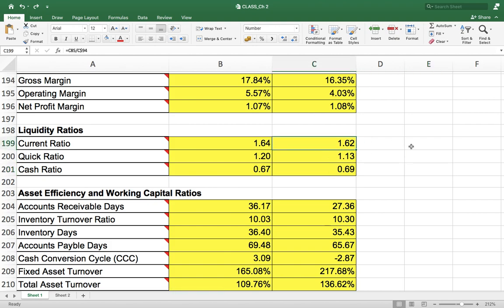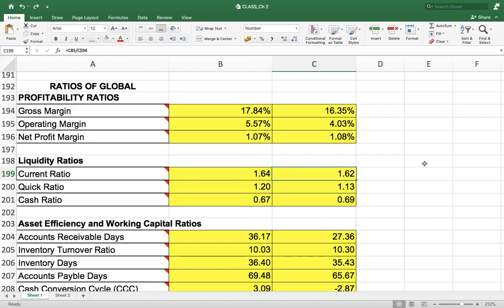So I think the liquidity ratio is clear to all of you. Now let us prepare the profit margin. How can we comment on the profit margin? You can very much see in the common size statement that the margin is 17.84 and the net profit margin is 1.07. Here in the ratio you created, you have shown this. And now the current ratio and quick ratio. Current ratio is improving, but it is more or less the same. Quick ratio went from 1.13 to 1.20.